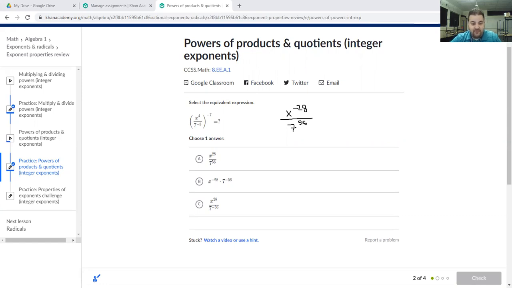Is that a good answer? Do we need to do something with negative exponents? Yes, we do. This guy up here that's negative, that's no good. So what we're going to do is send the x to the 28th to the bottom, to the denominator. 7 to the 56th power, actually,